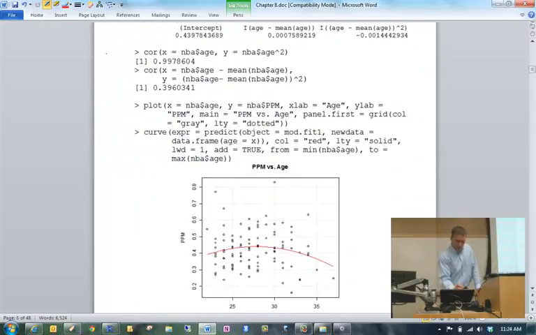Okay. Let's take a look at the correlation between age and age squared. 0.9978. But notice we had no problems estimating our model. So in actual application, would I even work with the transformed variables, the mean adjusted variables? No, I wouldn't. The transformation is there to help you if you're having problems estimating your model.